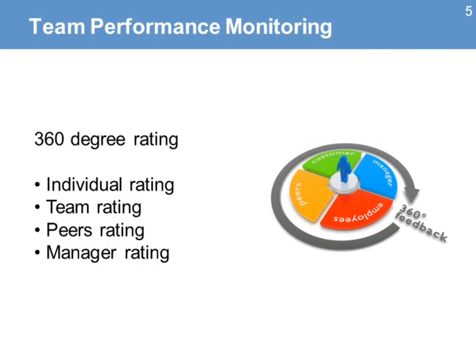Another tool to measure performance in the team is the 360-degree rating. It's a process where different people rate the team's performance, and combined, it represents the total performance of the team. The first step is that each team member individually rates the performance of the team. Then the team as a group rates itself. Then other peers also rate the team, peers from the organization who have direct contact with the team. And finally, there will be the review from the project manager. All combined represent a